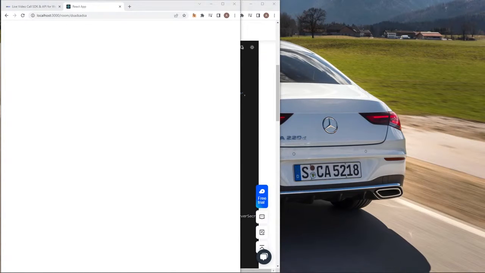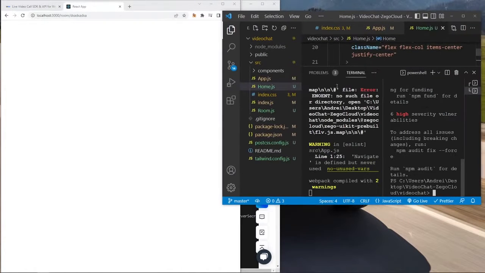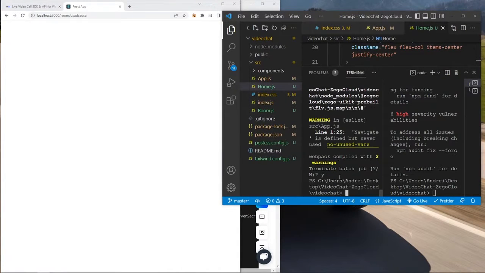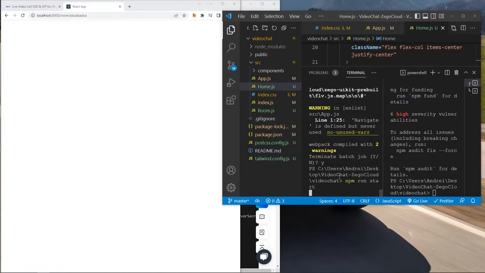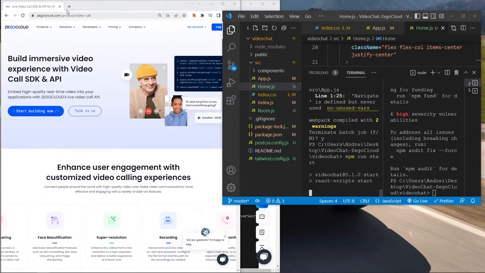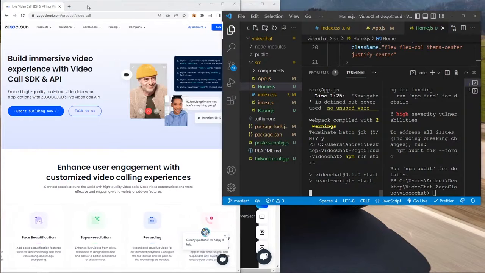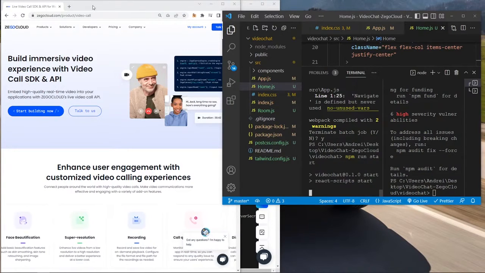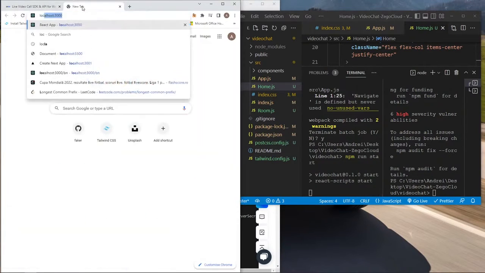Let me restart the server because we've changed a lot of things. So I'll Control-C this like this and npm run start like this. Bam. Keep in mind the fact that you'll have to restart the server after you add your things. So now if you go to localhost,